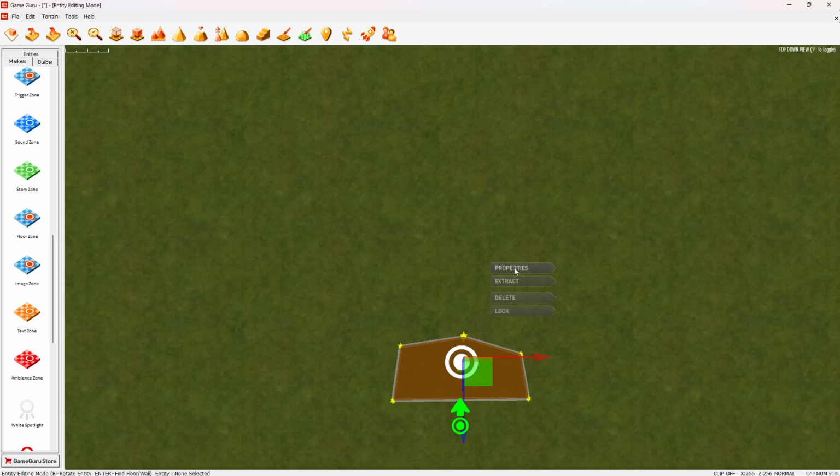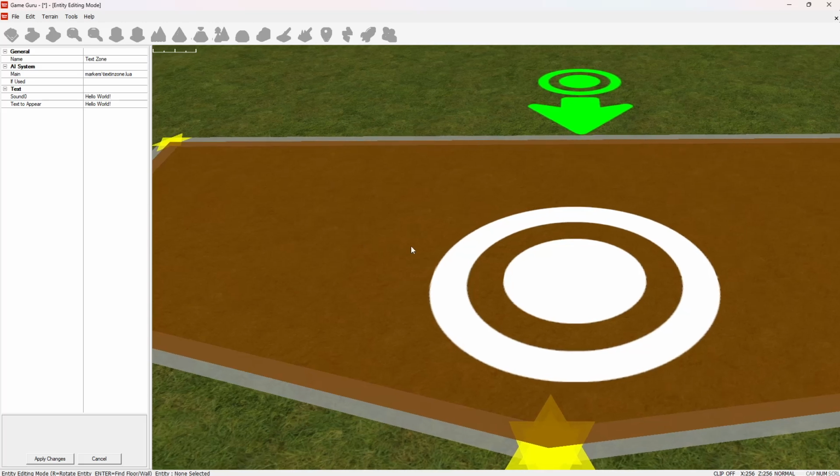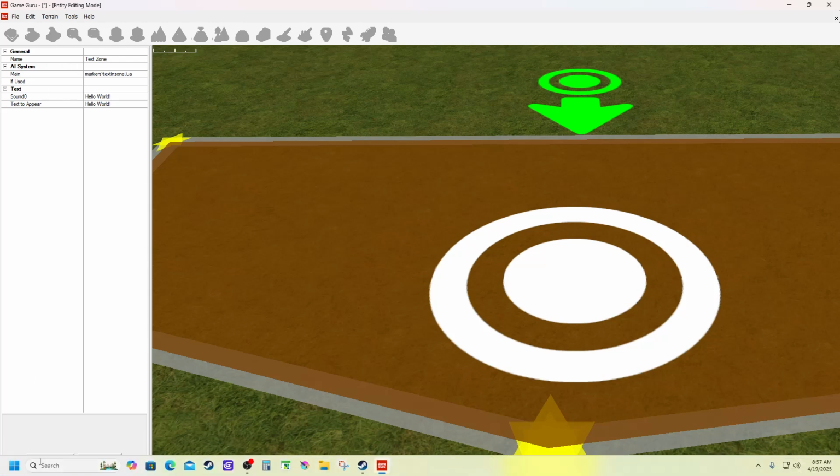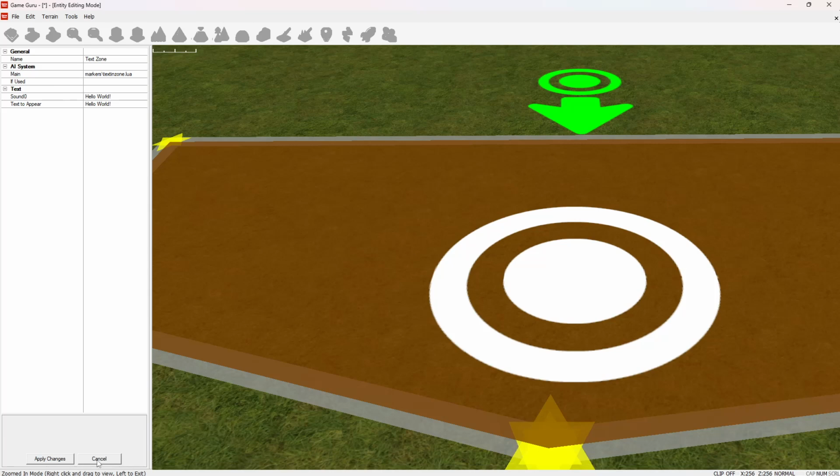But I'm going to go into properties here. Going to zoom in on it, and then over here you're going to get the properties pane, and this is for pretty much anything in Game Guru. You can see all this is whited out. You've got to do stuff here, and then you come down here to hit apply or cancel when you make a change. So what I'm going to do here is where it says sound 0,